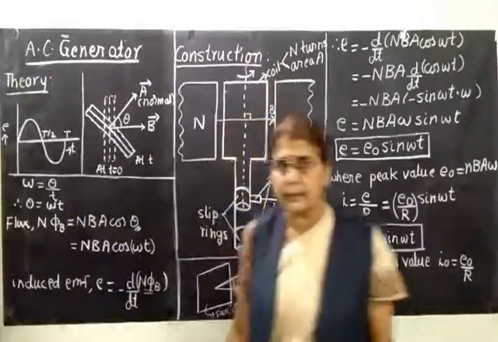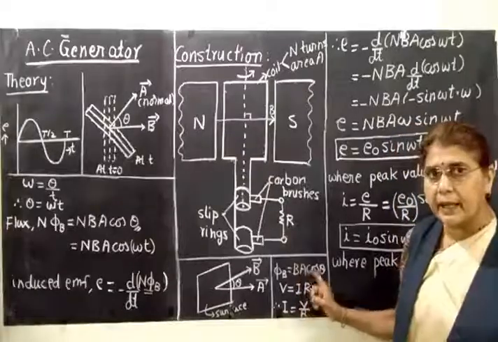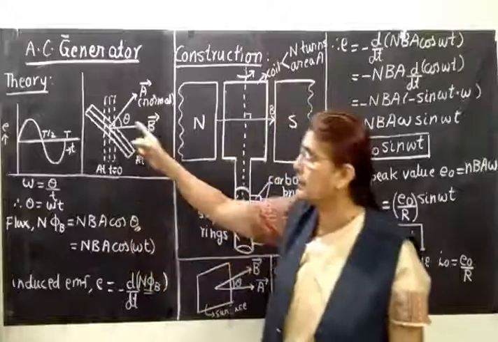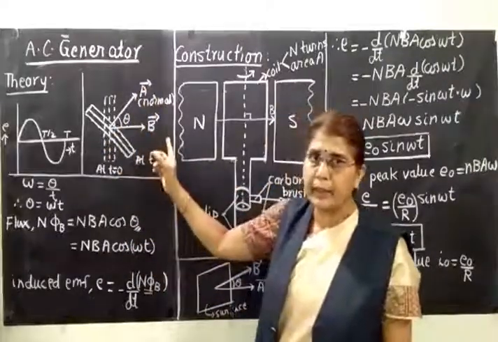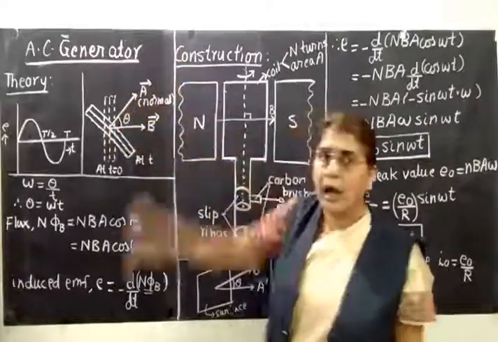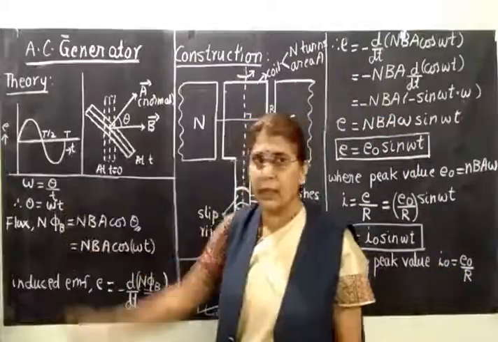To find out the flux linked with one turn, we shall make use of this expression, BA cos theta. So I have substituted here BA cos theta. What is theta? The angle between the area vector A and the direction of magnetic field. The area vector A, I have told you, is represented along the outward normal to the surface. So this is the flux linked with the coil.